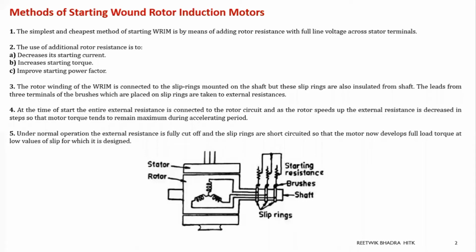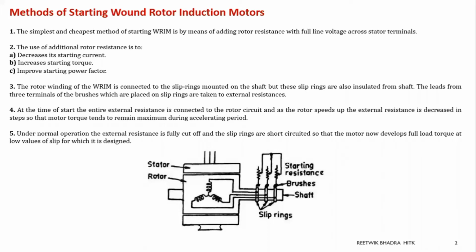Now for the wound rotor, what is the use of the starter? We had already studied, and you know by now, that it limits the starting current, which is the primary function, and other coils are present over there. The overload coil and the under voltage coil: it disconnects the circuit when there is an overload in the circuit. If there is an under voltage, it disconnects the circuit. Those are the extra functions that can be given in the starter to help the motor. But the main function is to reduce the starting current.